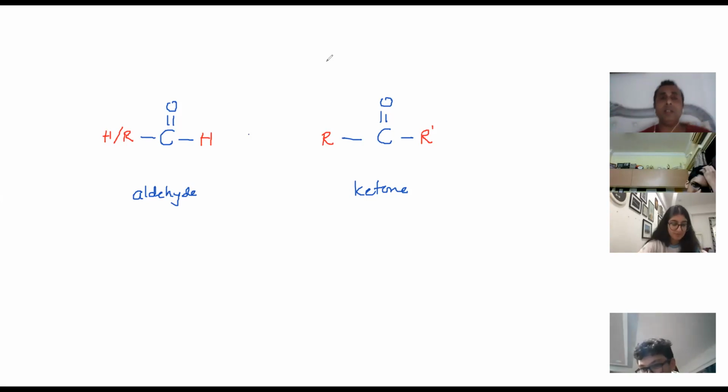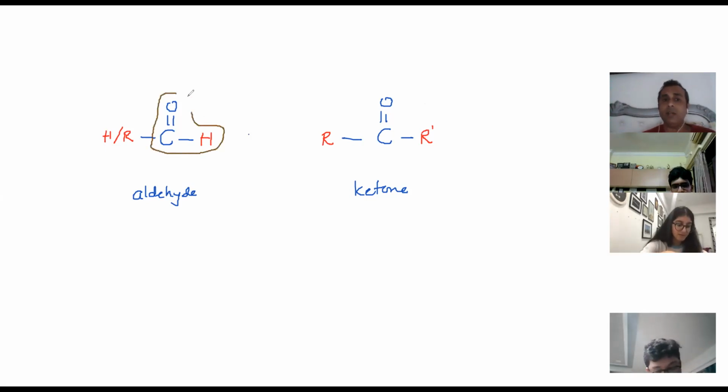Okay, now how do I decide the functional group? See, functional group is that part of the molecule or that part of the homologous series which is there in all the members of that family. So in aldehyde this part is fixed, including hydrogen. So this part is the functional group. R is variable. Wherever R comes, remember that is variable because R can be methyl, ethyl, propyl, butyl, anything. Here the only fixed part is this part. So this is the functional group of ketone and that's the functional group of aldehyde.